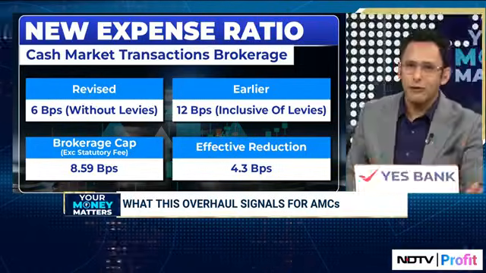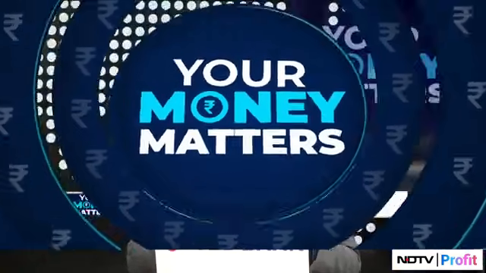Okay, so therefore, I think the crux of this, Harsh, is not an attempt to make this cheaper. In fact, in that circular, SEBI has very clearly stated that it has adjusted the reduction in base expense ratio to ensure that it primarily passes through the effect of removing the statutory levies from here and moving them to the other side. It's reduced it to that extent, more or less. Is that the right way to look at it? And its primary objective is transparency.